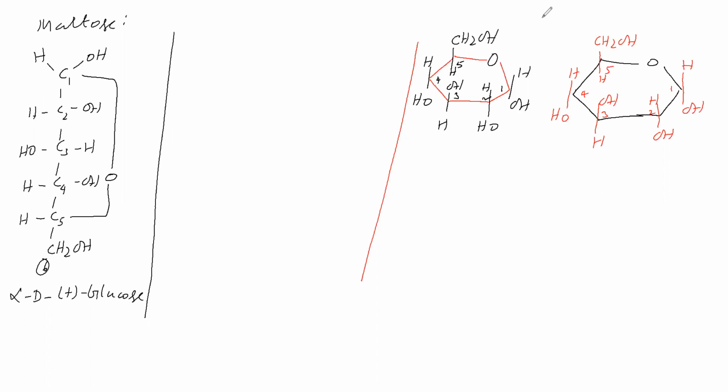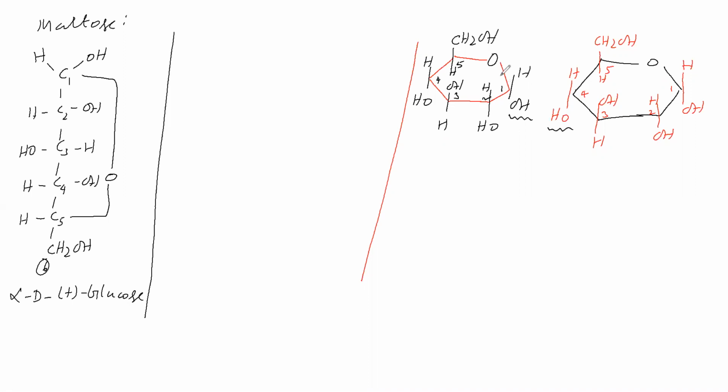Now we will go for the glycosidic linkage. That is between the C1 carbon OH group in one unit and the C4 carbon OH group in another unit. Now this C4 carbon is not in hemiacetal form; it is not a carbonyl group. C4 is not a carbonyl group, and it is not hemiacetal.